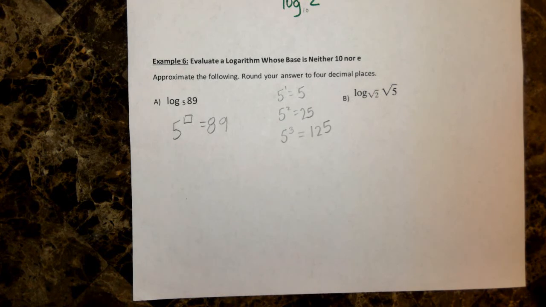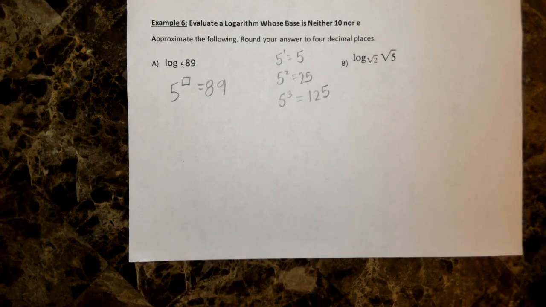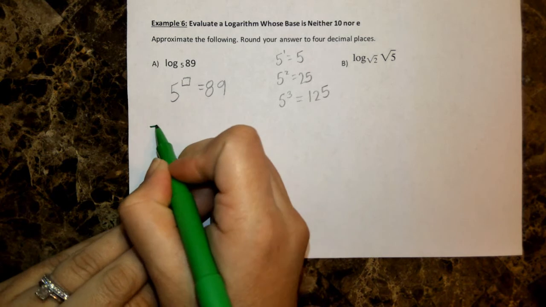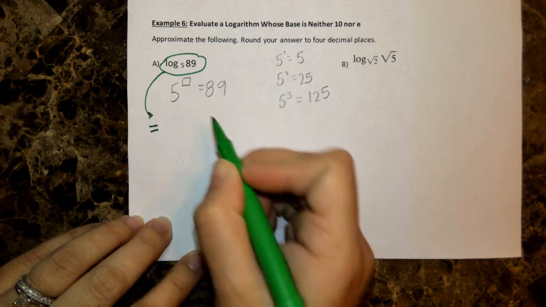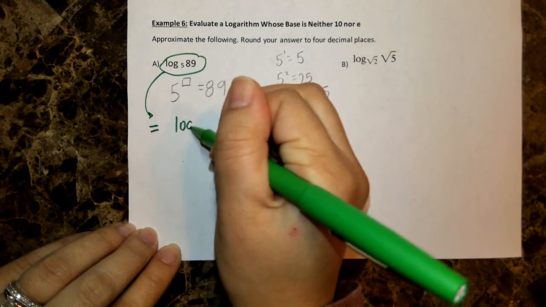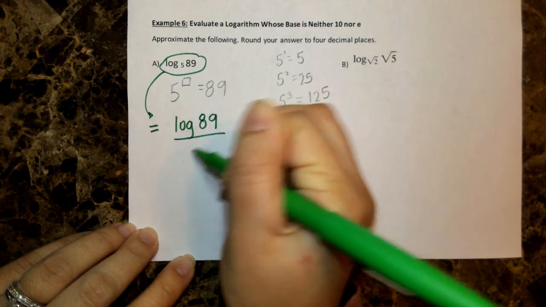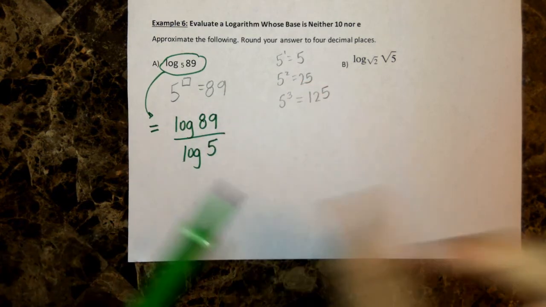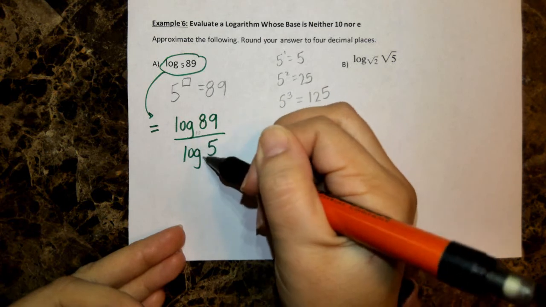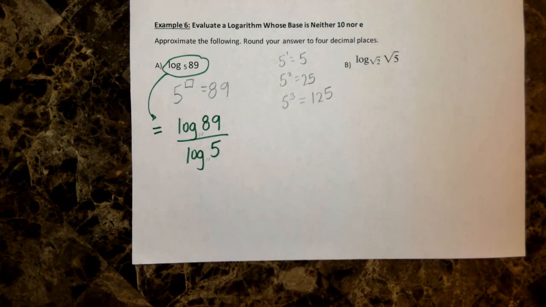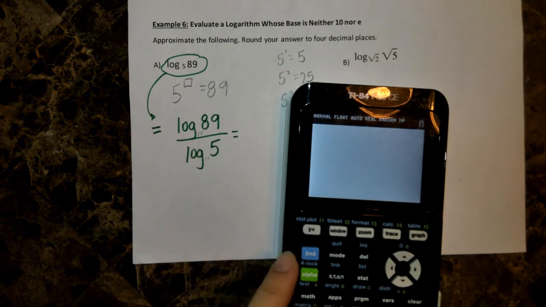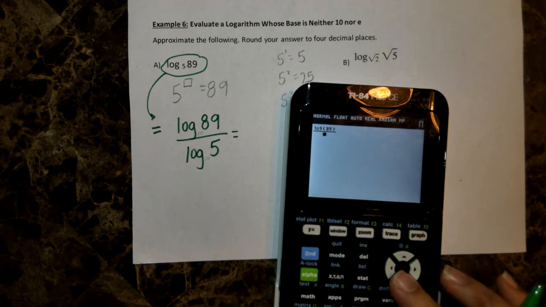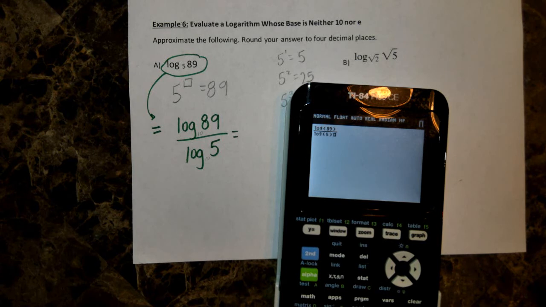I don't know what number that is, but instead of trying to figure that out by hand, we're just going to use our change of base formula. And we're going to take our problem and just rewrite it as log of 89 divided by log of 5. And remember, the base is 10 on these. You can write that 10 in, or you can leave it off. And I don't know what this is off the top of my head, but I can use my calculator for this. So I'm going to type in log of 89 divided by log of 5, and I got